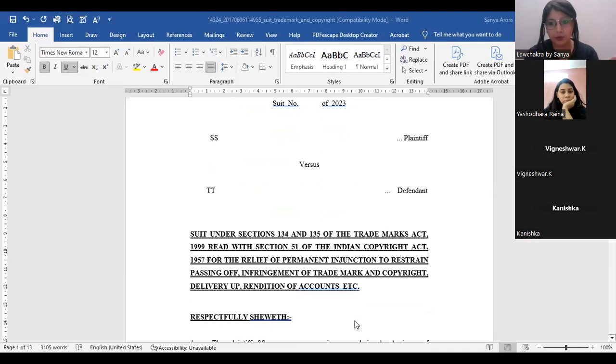Then they've given the caption to the suit, which is suit under sections 134 and 135 of the Trademarks Act, read with section 51 of the Indian Copyright Act for the relief of permanent injunction to restrain passing off, infringement of trademark and copyright, delivery of rendition of accounts, etc. Now I understand for those of you who have just started law, you will not know what these words mean. But just remember broadly,